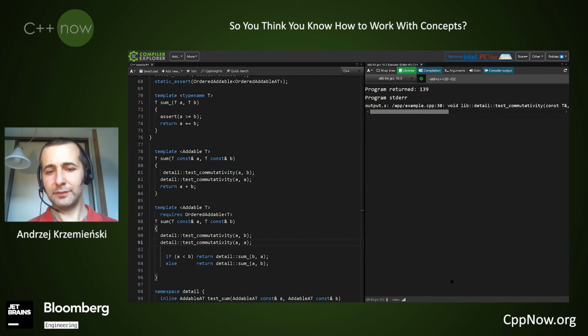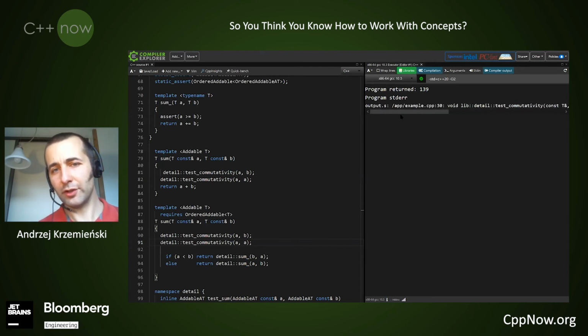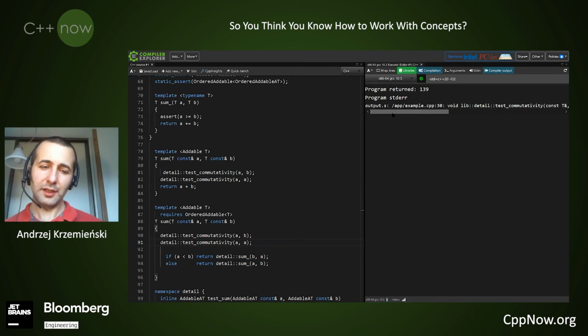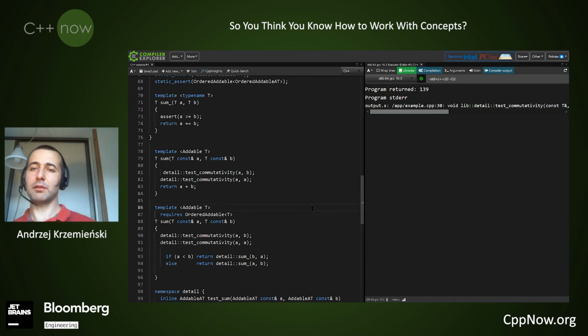Now, at least I get a normal assertion failure, which is something which can already help somebody detect bugs. But this is like any unit test. They may find a bug or they may not.